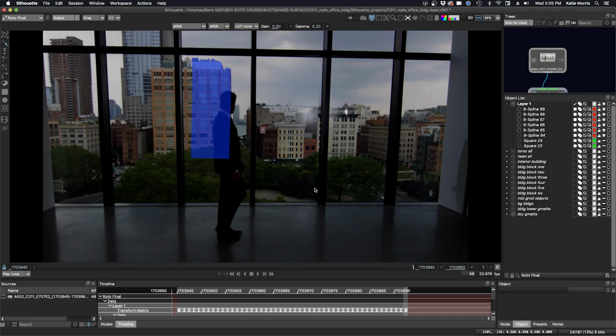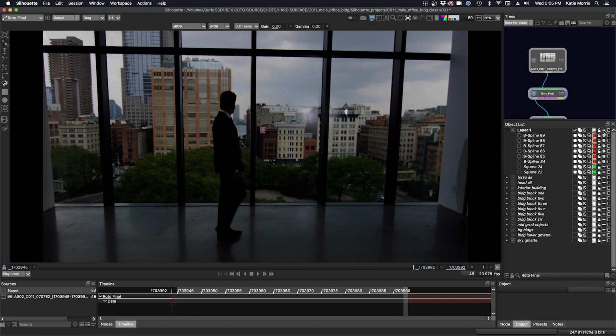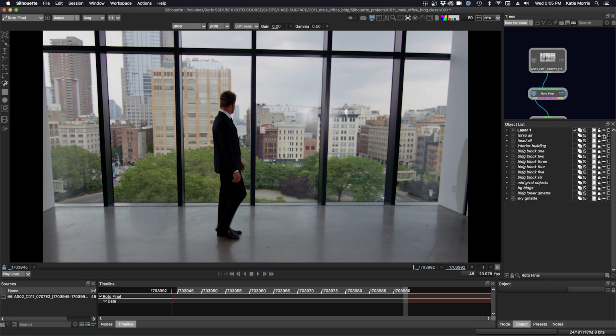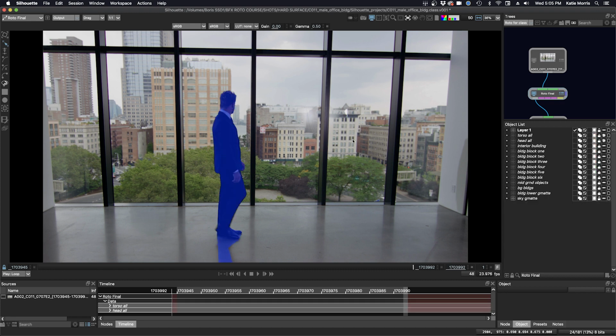Now let's take a look at the final. I'm going to disable visibility on the demo layer. Let's set our viewer back to something that's a little bit brighter, and we'll turn on all of the shapes. We'll turn off the overlay.